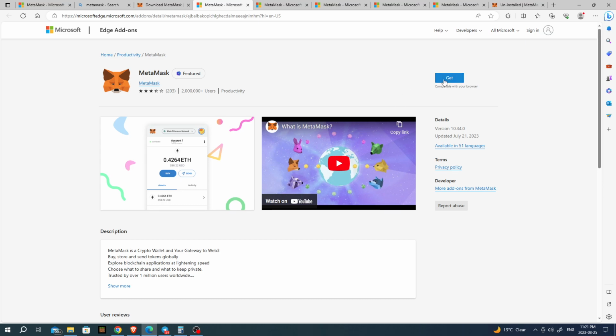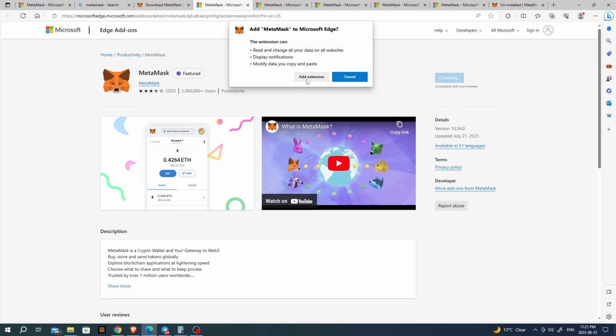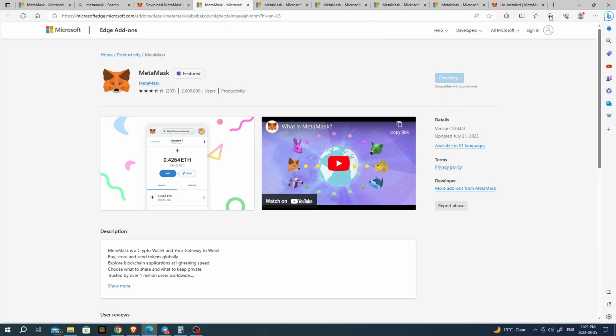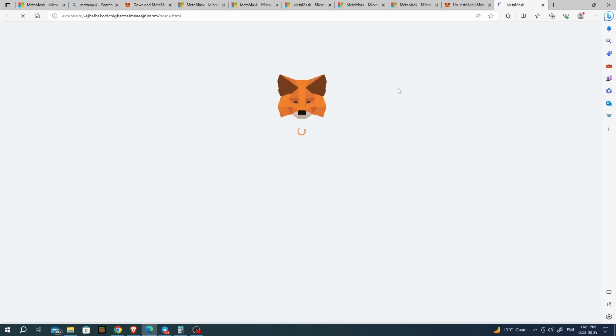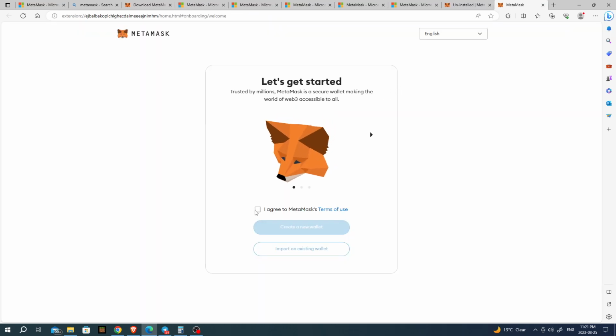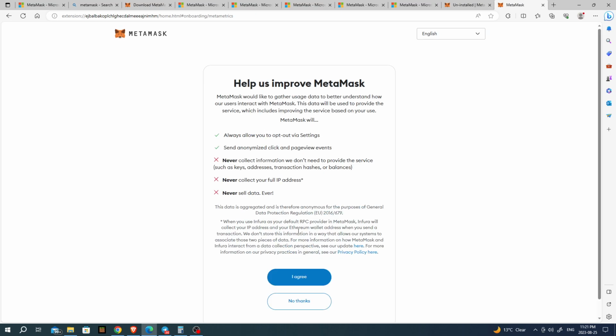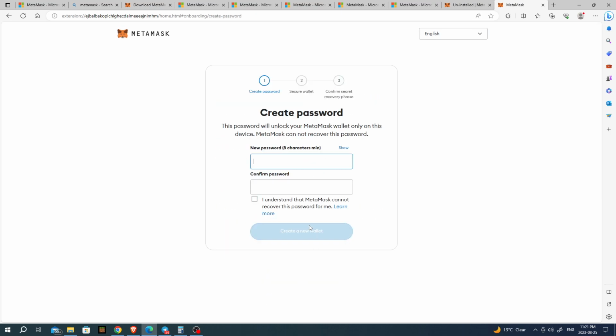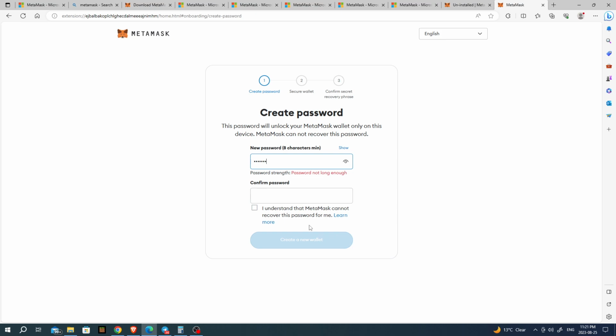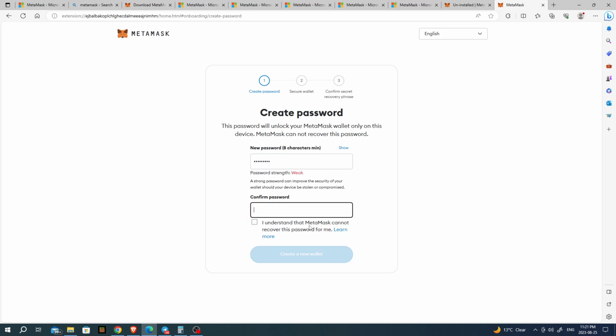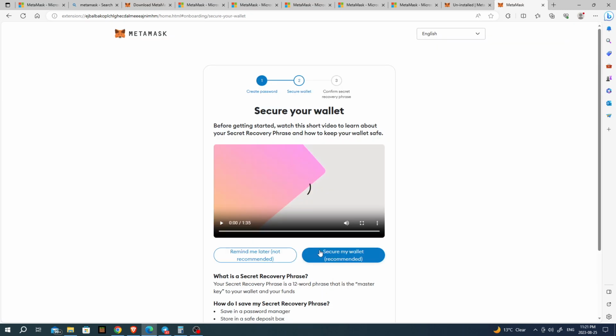So click on the Get button. It'll download an extension for you into your browser, and you'll see it pop up here when it downloads. And we'll go through the whole process here today of actually making a new wallet. I'm going to be showing you my password and seed phrases online. You don't want to do this, because people can get access to the funds and cryptos that you put in here. So put in your password. I put in a weak one, but you create the wallet,